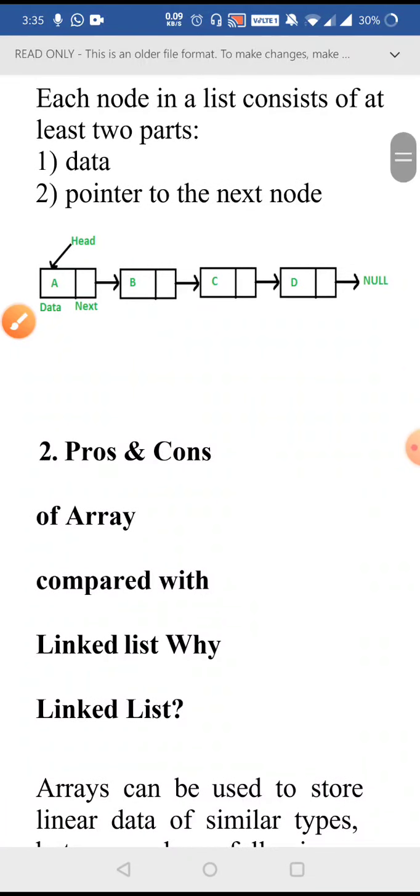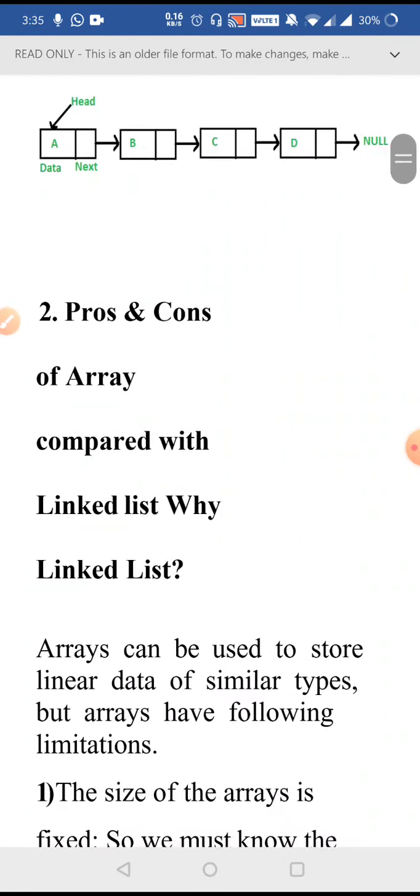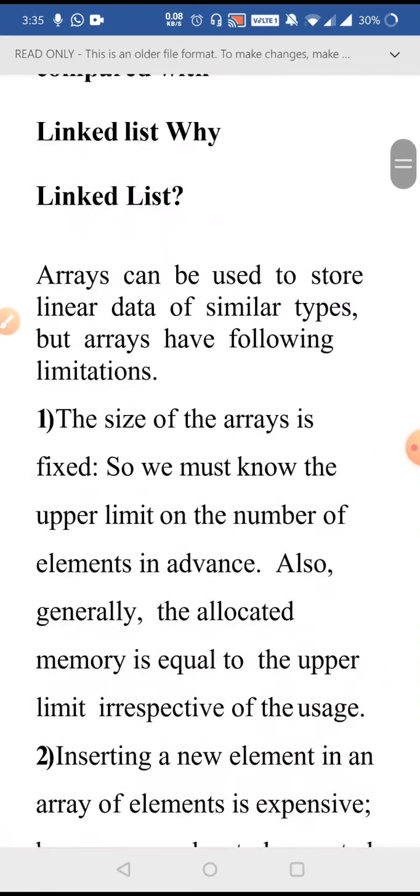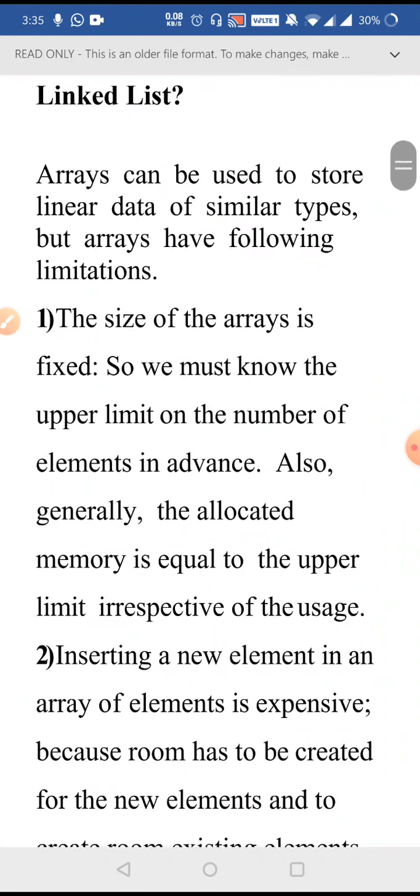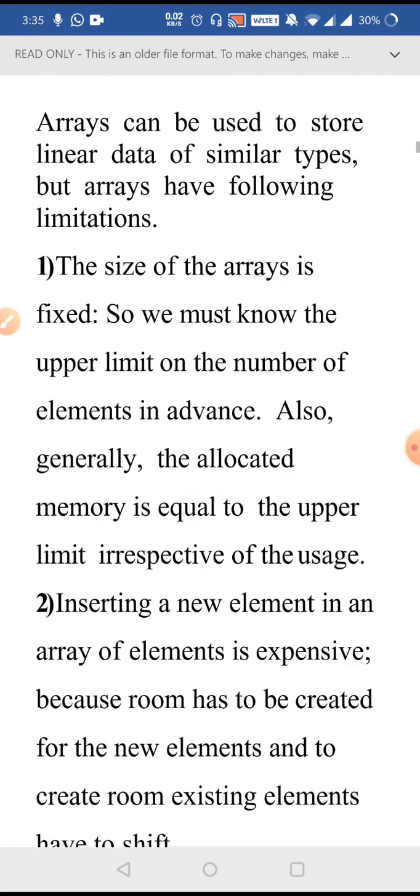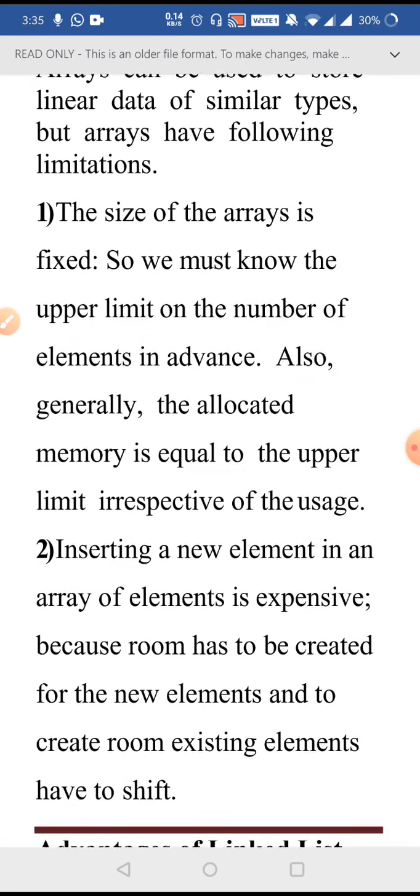So, the pros and cons of array compared to linked list. Arrays can be used to store linear data of similar types, but the limitations of array are the size of array is fixed. So we have to know the number of elements that will be stored in the array in advance so that we can allocate the memory.